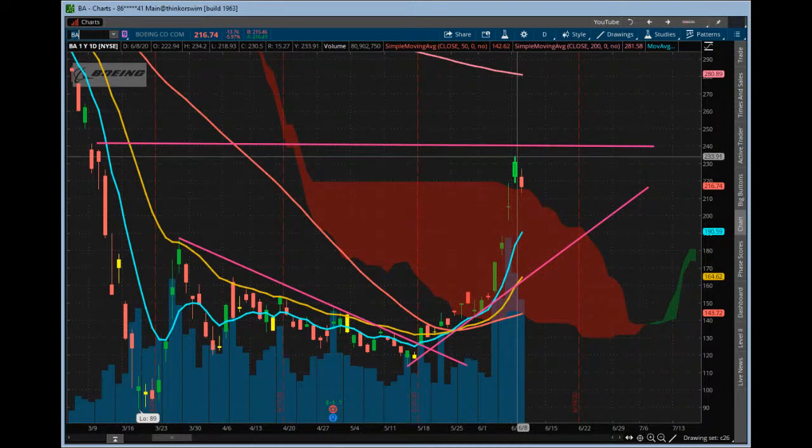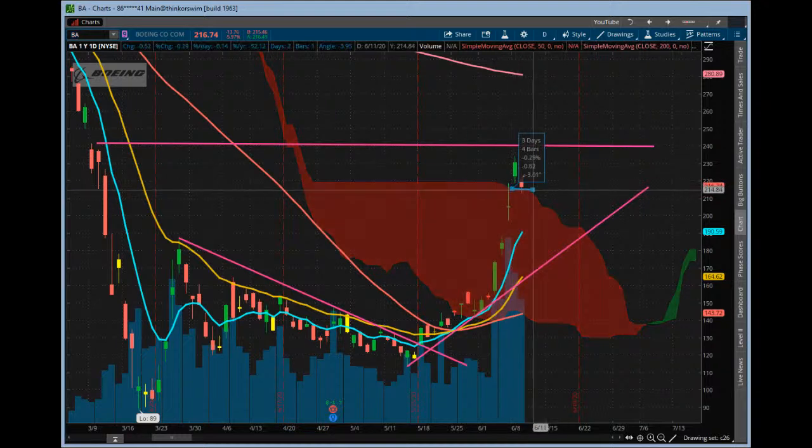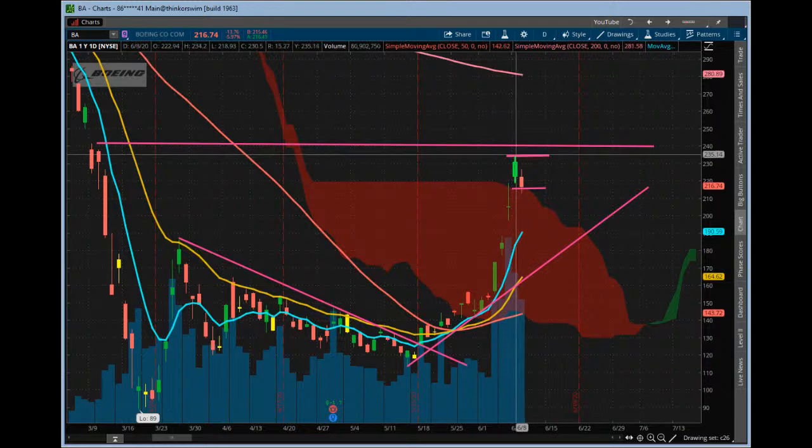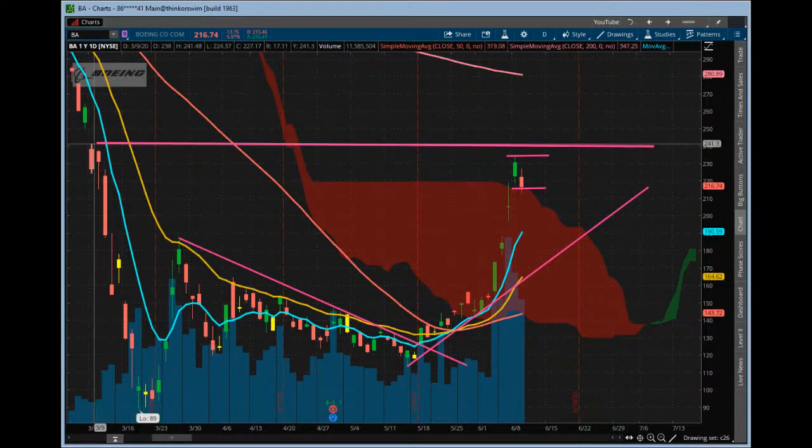into today or yesterday, and then today just kind of pulled back a little bit. But it is holding the cloud, so let's see if it can hold that into tomorrow as well. I'd like to see it get over Monday's highs to try to push its way up, maybe make a fight up into this gap right here. So we'll see how it goes on Boeing.